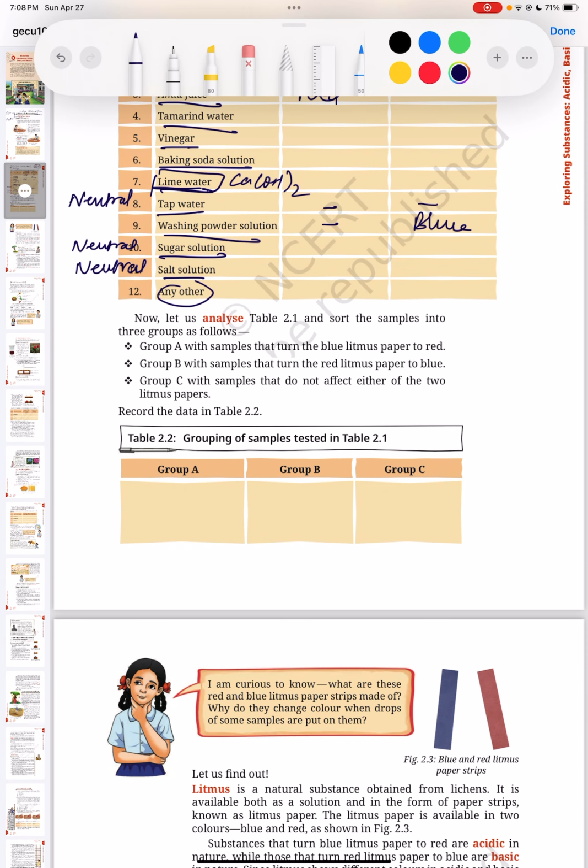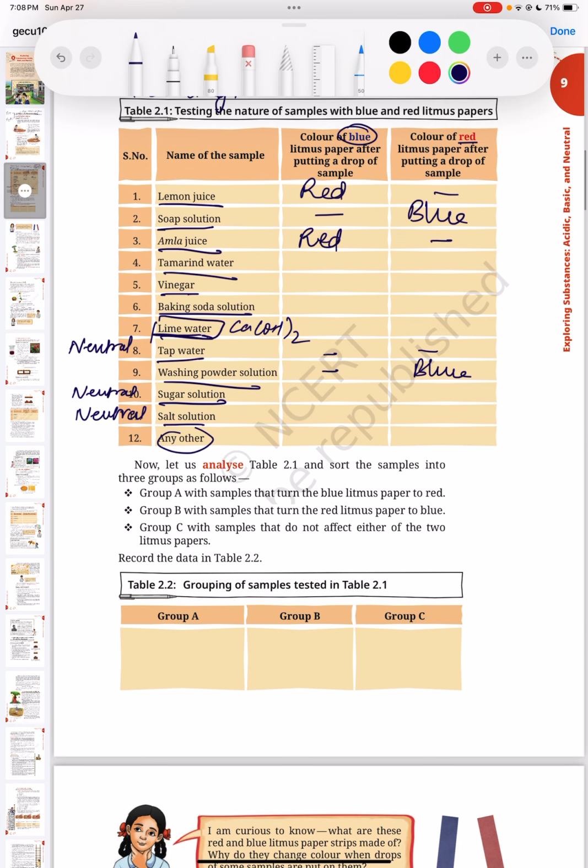So, what are the substances that turn blue litmus paper to red? That group is basically nothing but acidic substances. And the group that turns red litmus paper to blue is basic. And the group that does nothing, that neither turns blue litmus to red nor red litmus to blue, is neutral. Now remember, a very important question over here is what happens